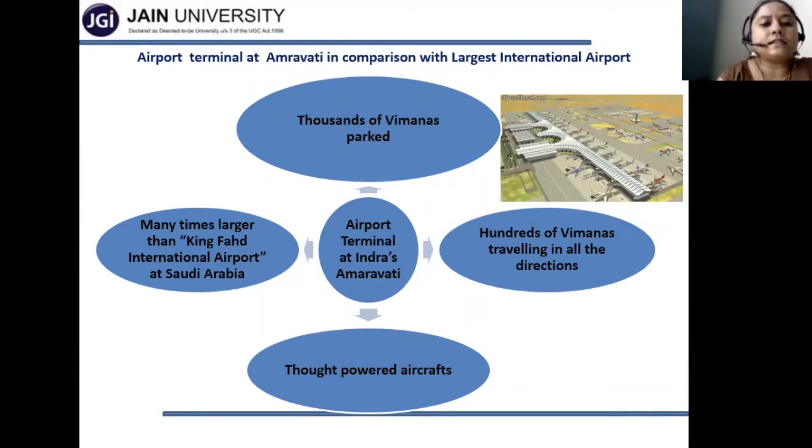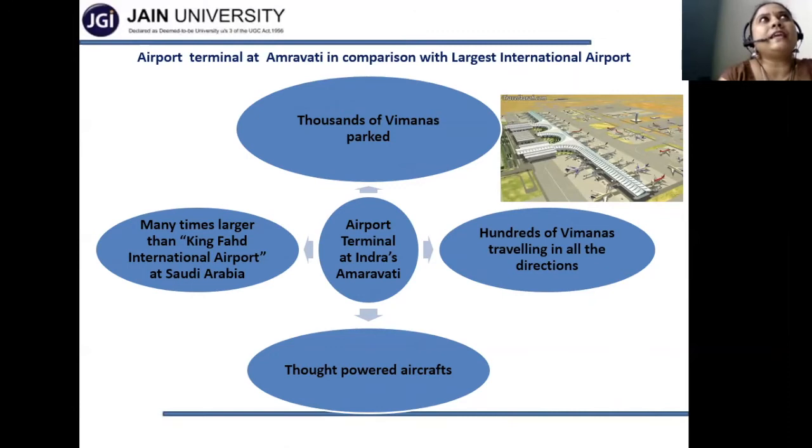The next thing is a comparison between the aircraft terminal at Amaravati and the largest international airport. As I told, Indra's Amaravati had thousands of aircraft parked, and hundreds of Vimanas traveling in all directions. Most of them were thought powered aircraft. Of course we are not yet advanced enough to have so many thought powered aircraft flying commercially all over, but at least